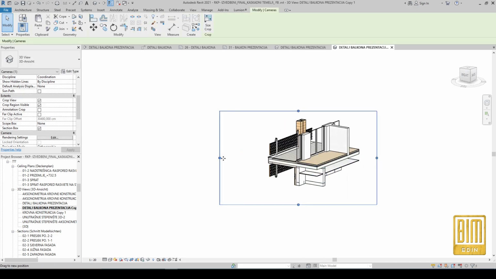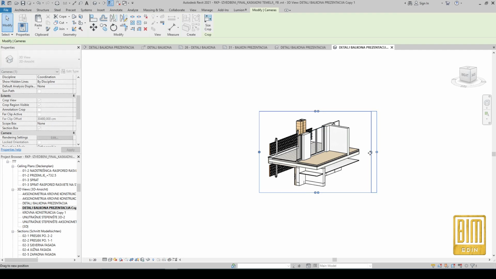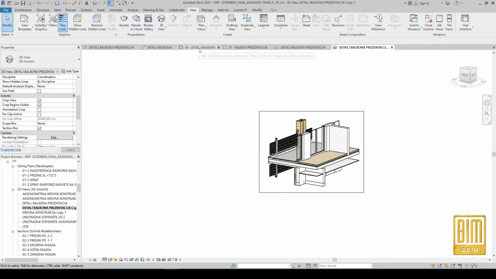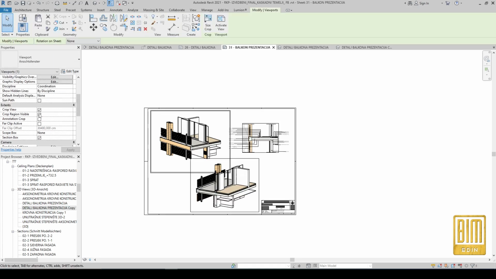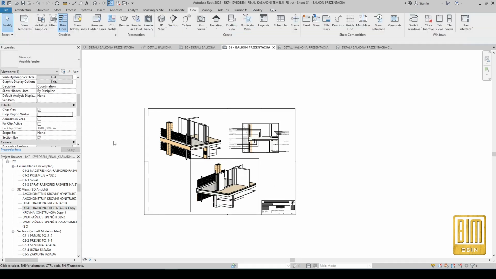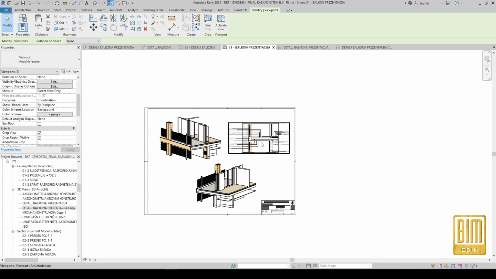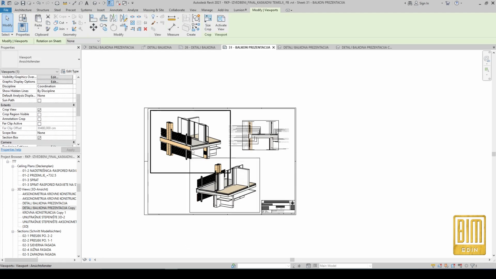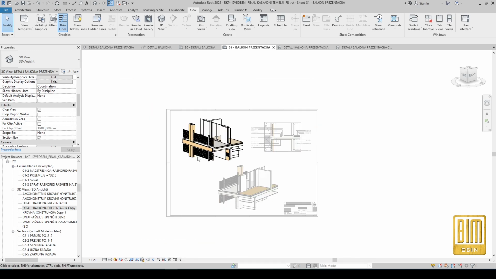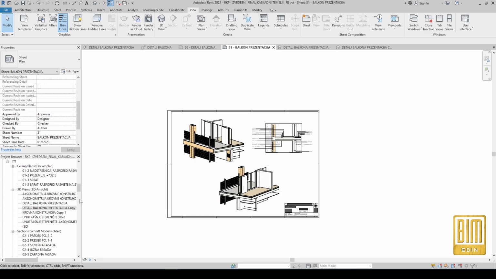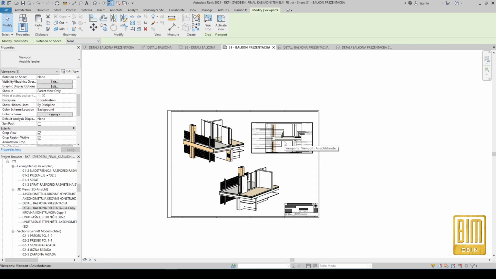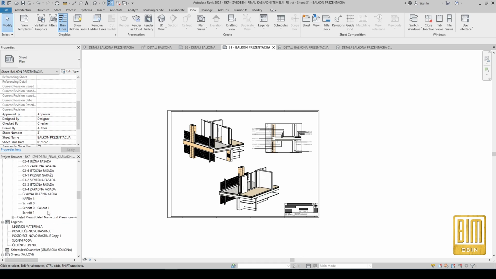Alright, and now you can see it's very easy. When you have a completely modeled project, you can create any 3D view, any isometry for your details, and you can create very good presentations. All right, I placed the 3D views with the detail view also,